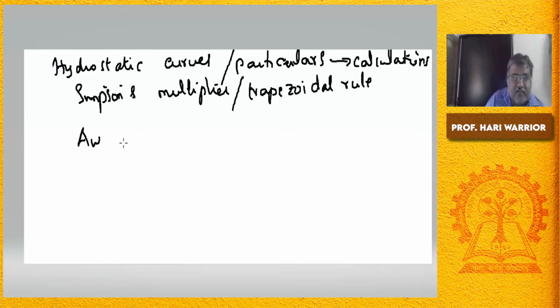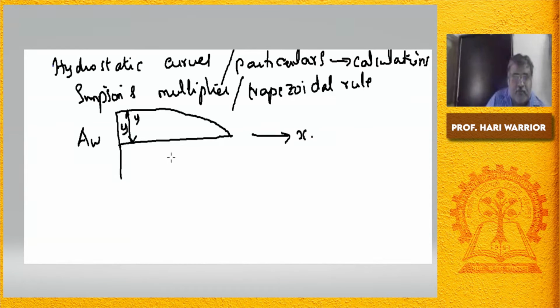So suppose you have a system like this. This is the top view. This is therefore y, and this will be the other half of the ship, which I am not drawing. This distance is y, and this is the x direction. Suppose I take the moment. This is, let's say, the half perpendicular. The half perpendicular is always the station 0.